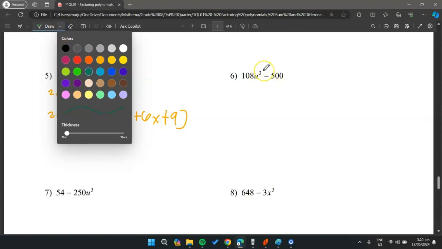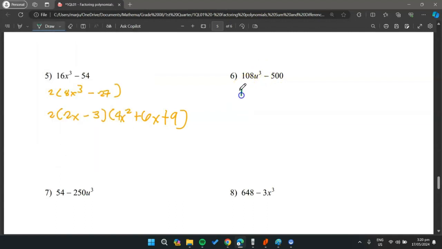Let's have number 6. Number 6, the same thing as earlier. We know already that we should divide by 4 first. And then this gives us what? This gives us 27, right? 27u cube minus 125. And again, factor out the remaining. The cube root of 27u cube is just 3u minus,